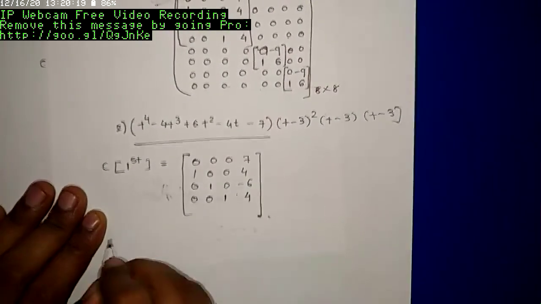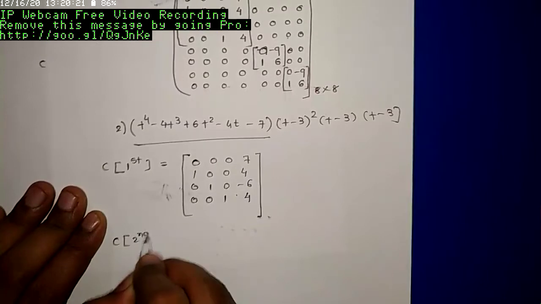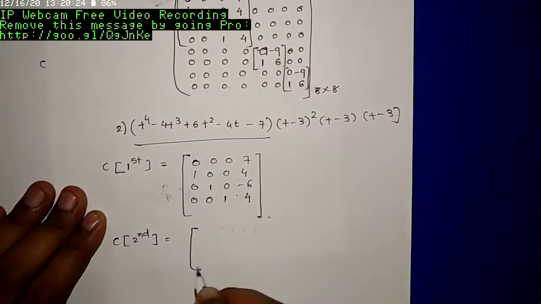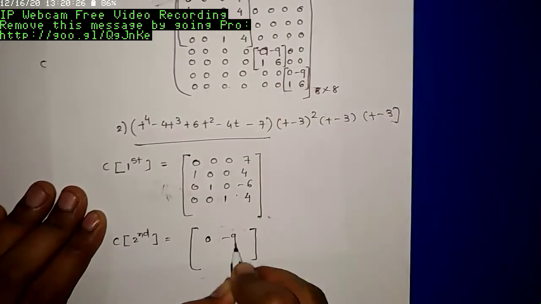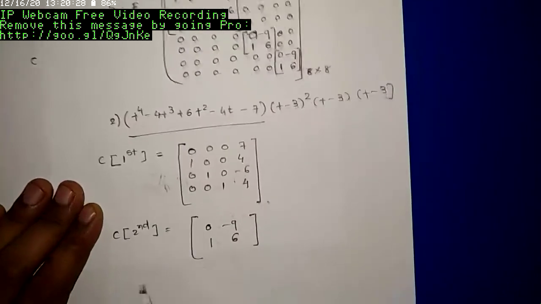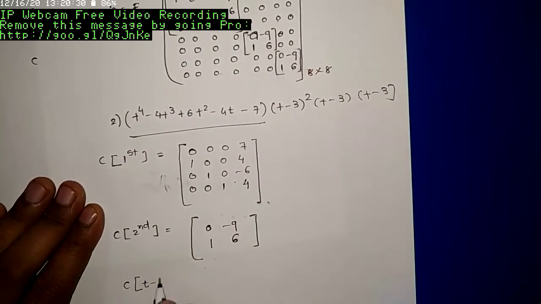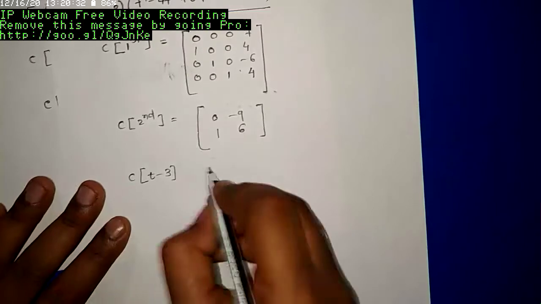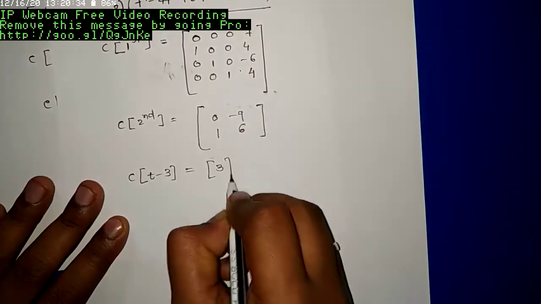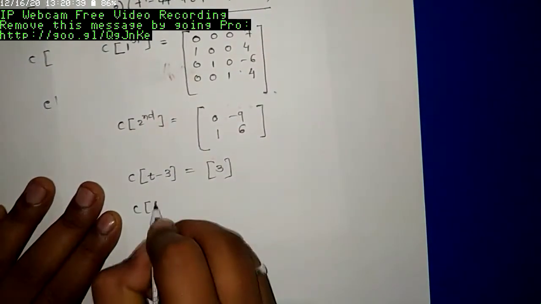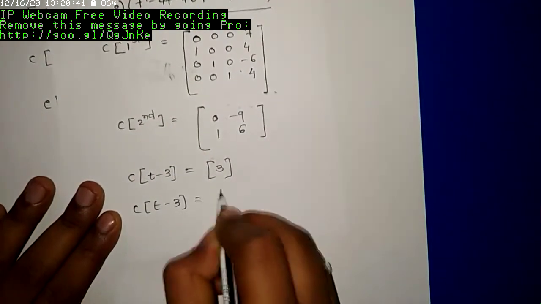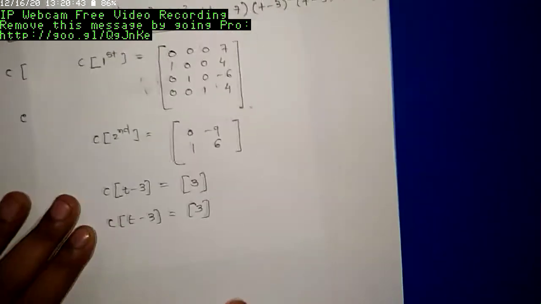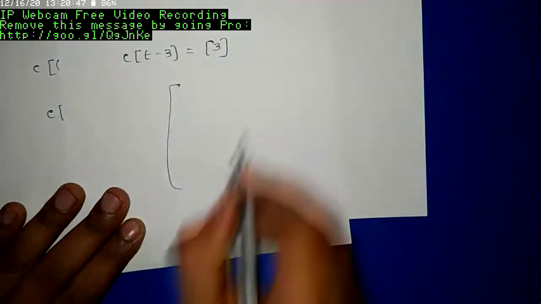The companion matrix for the second is 0 minus 9 1 6, and the companion matrix for t minus 3 is nothing but 1 cross 1, 3, and another factor is t minus 3, so also 3. If we combine this, we get an 8 cross 8 matrix, which is our another possible RCF,